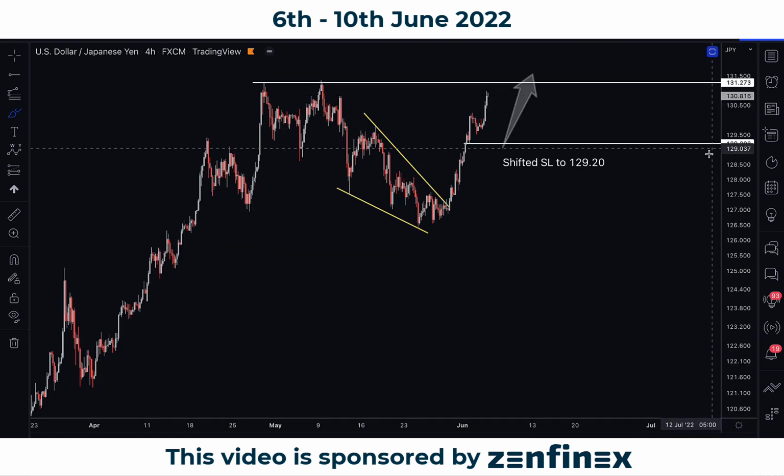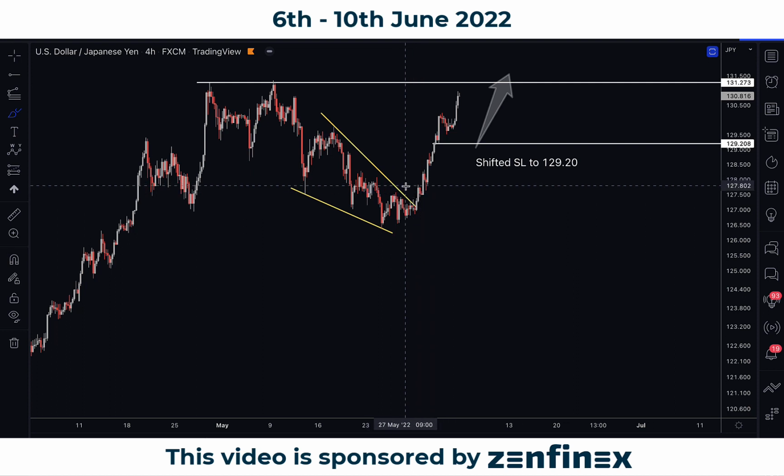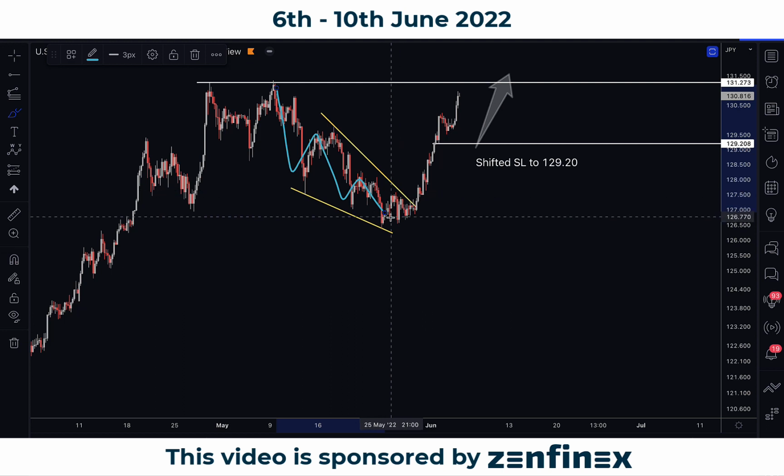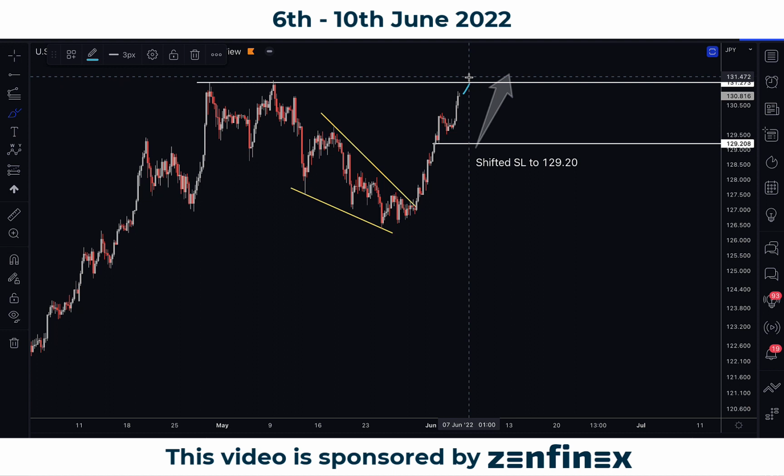Now in terms of dollar yen, this is a very solid trade. Last week we did cover that this is actually a very corrective structure, and therefore you want to look for a buy. So if you actually did that, it's reaching close to our profit target. I would suggest if you are taking this buy trade, you might want to shift your stops, at least somewhere around the zone, to protect whatever profits you have. And of course, the take profit is going to be there. Ideally, we're going to hit our targets maybe by Monday or Tuesday, and then that would be great, right? That would be done.